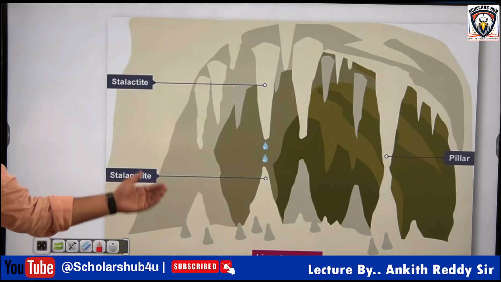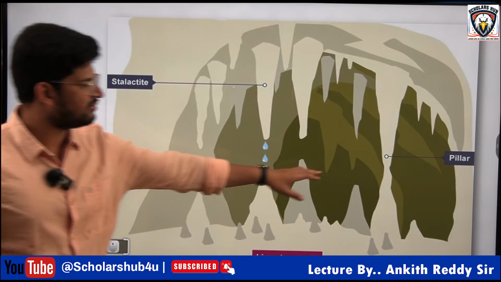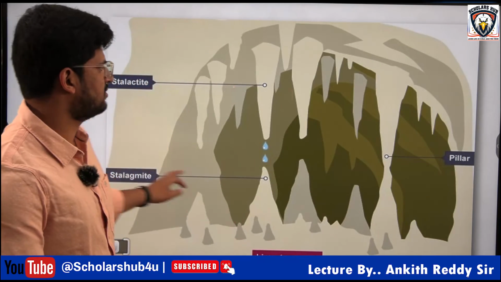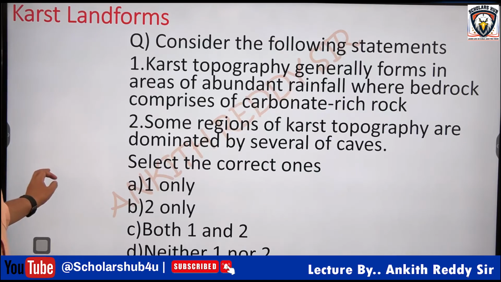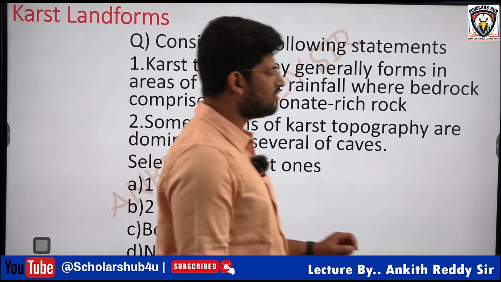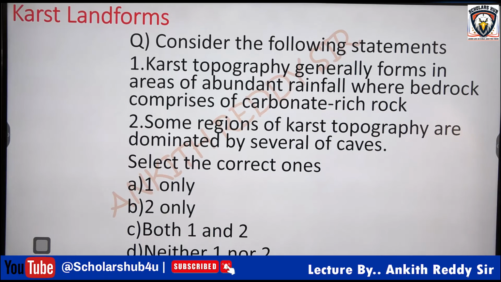Stalactites and stalagmites. So when they meet, they may form into pillars. Once, try to answer this question. Consider the following. Karst topography generally forms in the areas where there is abundant rainfall, where bedrock comprises carbonate-rich